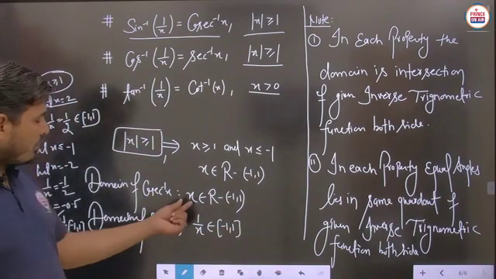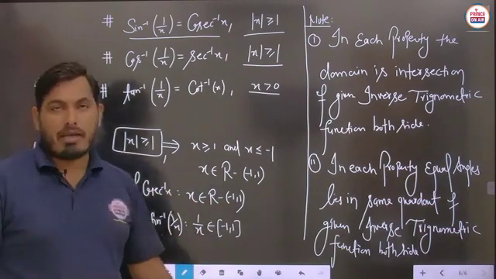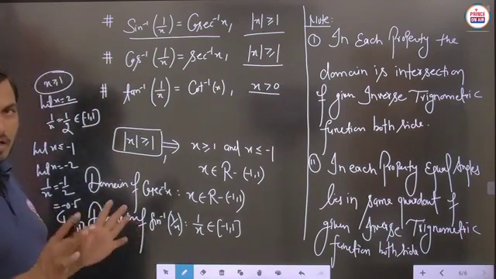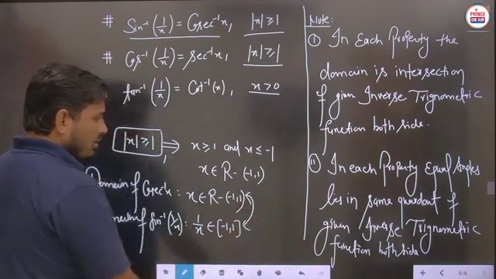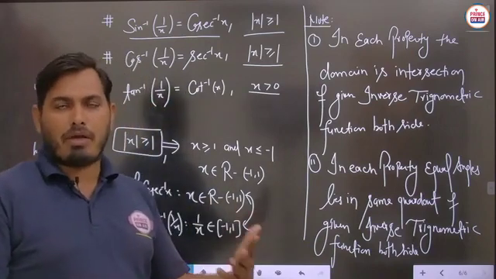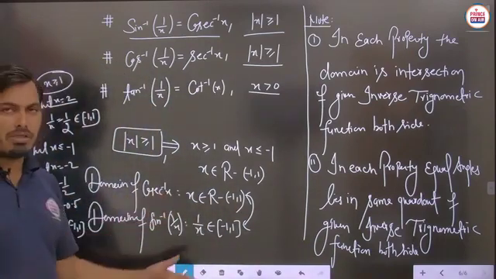This means that if this particular x lies in this interval, then 1 upon x definitely belongs to minus 1 to 1, and this is the domain of this sine inverse. Indirectly, you can say that if we have to take both the domains the same, then the intersection of these domains will be written as x belongs to R minus (minus 1 to 1). So definitely you have to take the domain of both the functions the same.